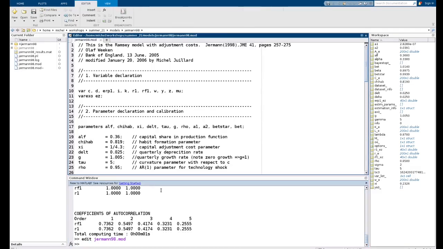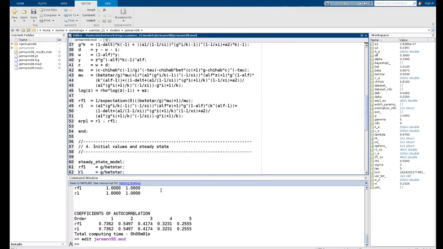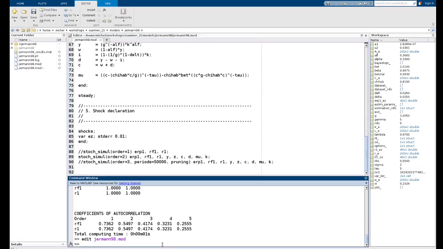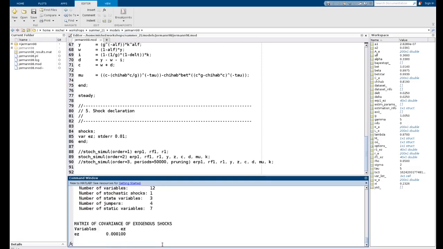If now I use order 2 rather, I save it, and again, I bring back the command with the upper arrow key, I run it again.